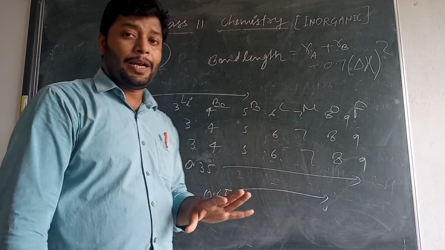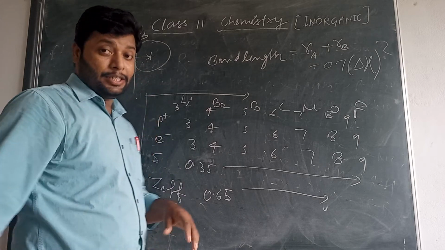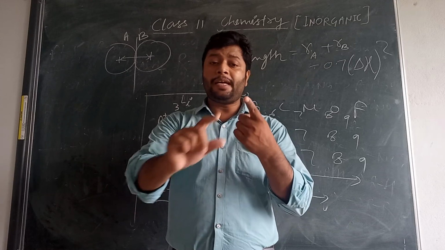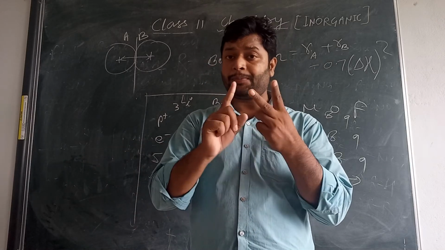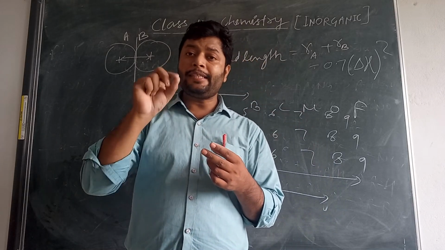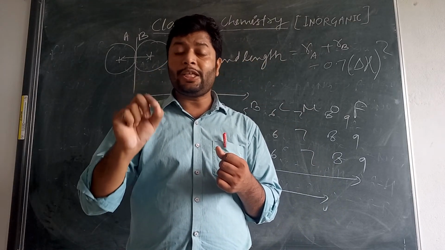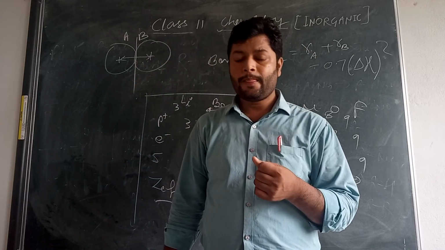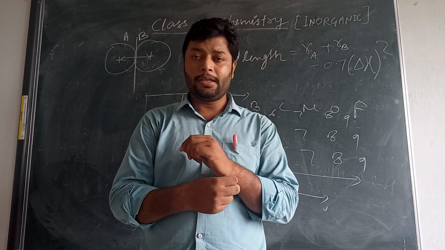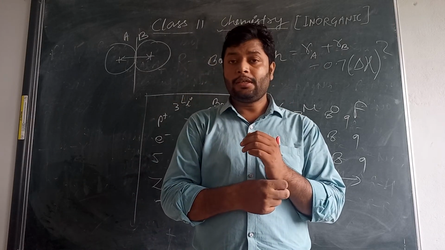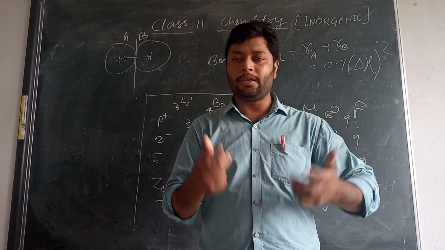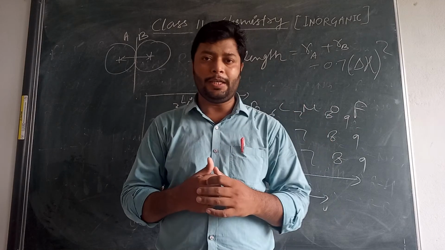Slater's rules, there are some values actually. I am just going to read the values. This depends upon whether the electrons are present in s subshell and p subshell. For electrons in the same shell, for each electron the value of screening constant is 0.35. For the n minus 1 shell, it is 0.85 for each electron. For the n minus 2 shell, the screening value is 1.0 for each electron, and so on. For the rest of the electrons, it will be 1 only.